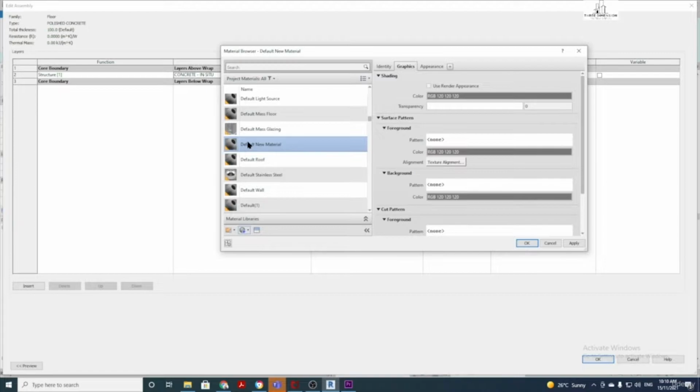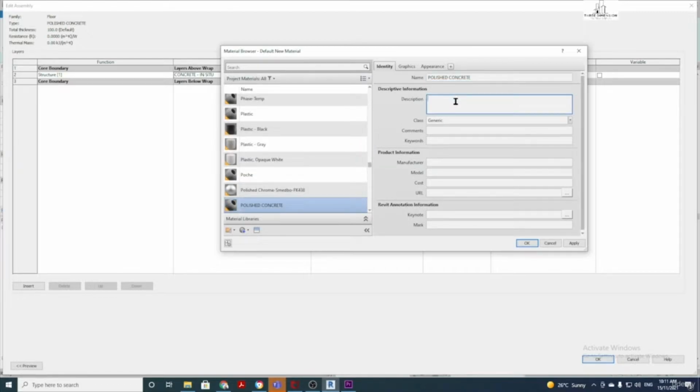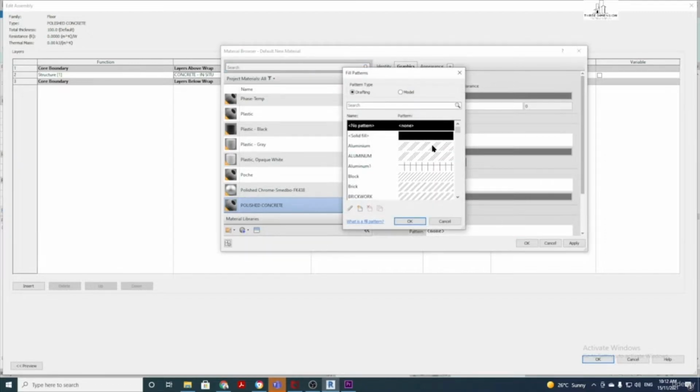Okay, now we can see we've got our default new material here. We've got that selected, so up here on the identity panel, click that. We'll change that to polished concrete. Description, you can type whatever you want in there. You can call it, you know, polished concrete, 32 MPa, whatever you want to write in there. And the graphics over here. So now we're on the graphics section, come down to the surface pattern, the polished concrete. We'll make that,